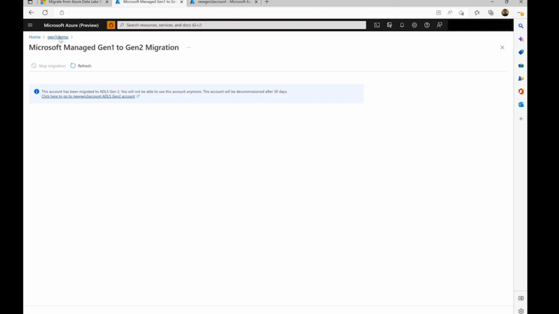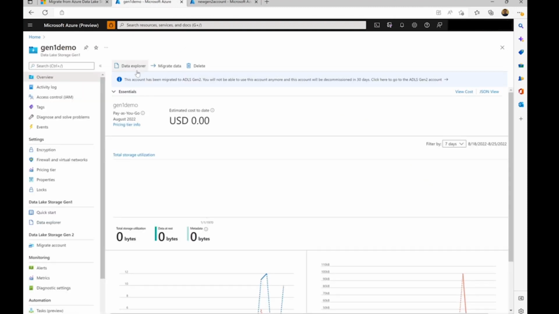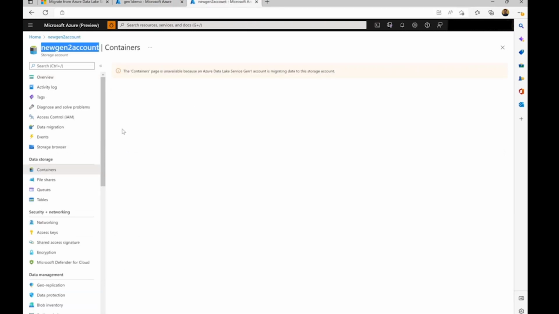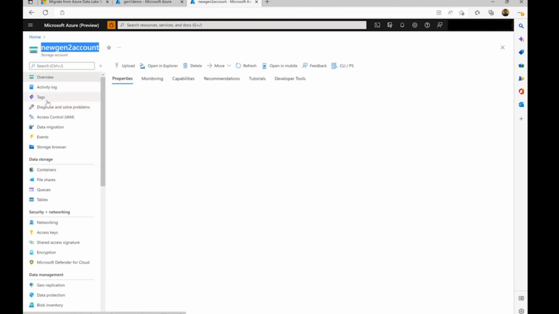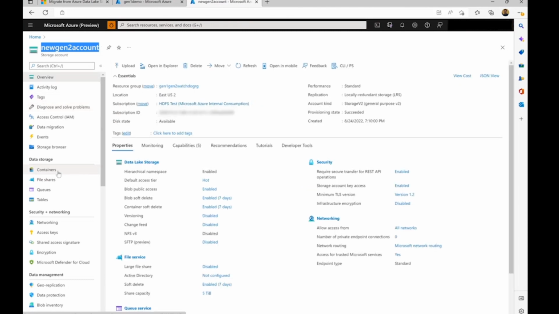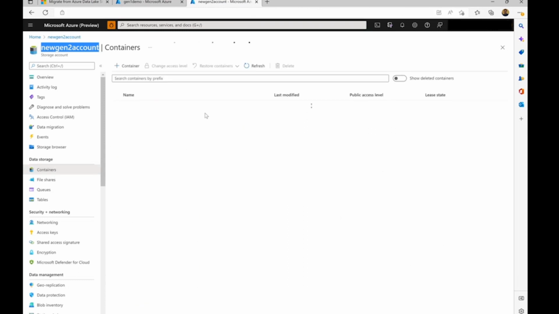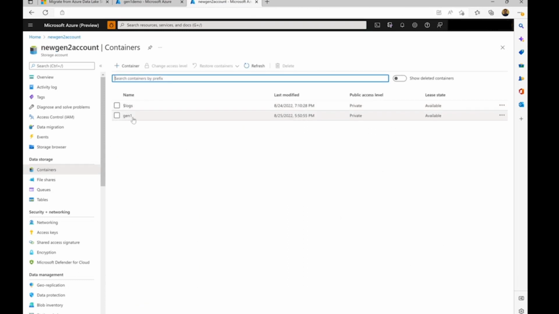What that means is that if you go to the Data Explorer and try to look at the data, then you would get an error. Now the Gen1 account here, the data has moved to the Gen2 account, and this is the Gen2 account. So this was the last error we saw. And what I expect now is that if I come back to this container page, then yes, I can see